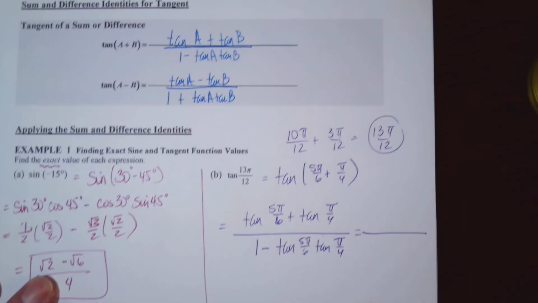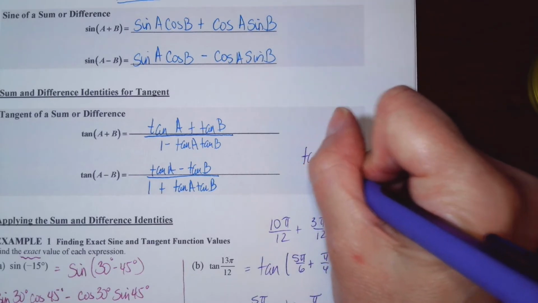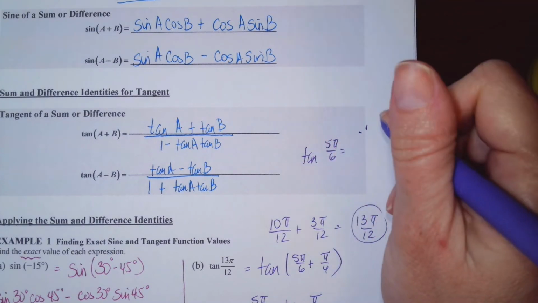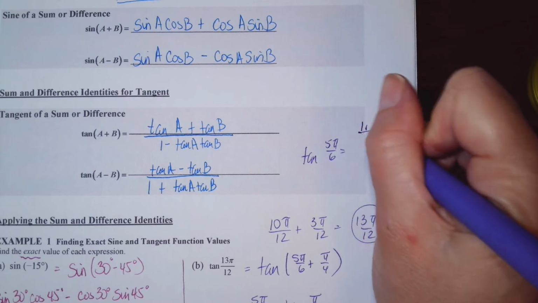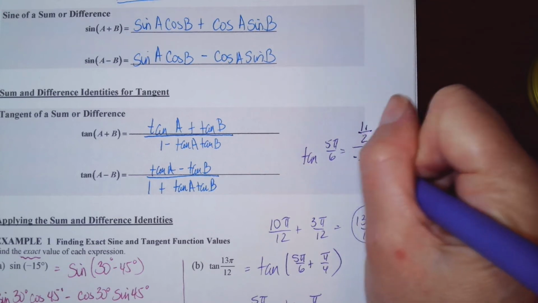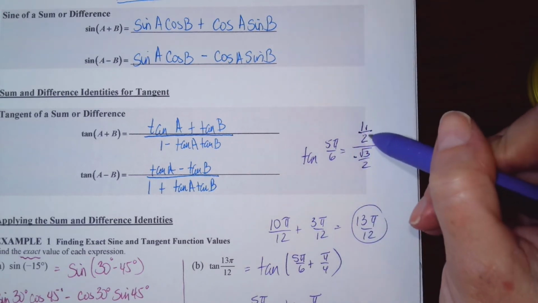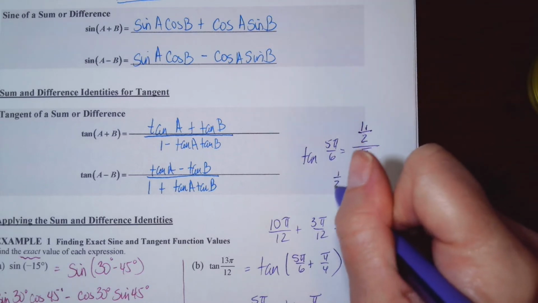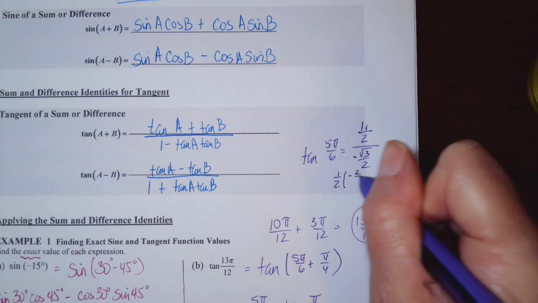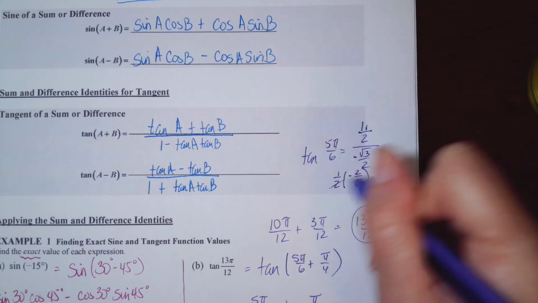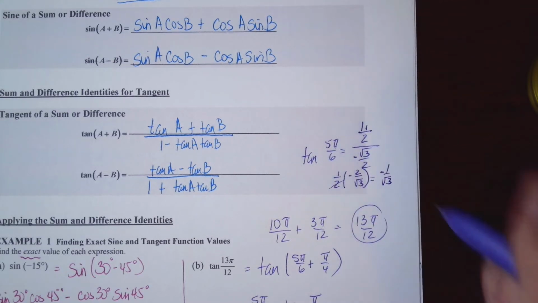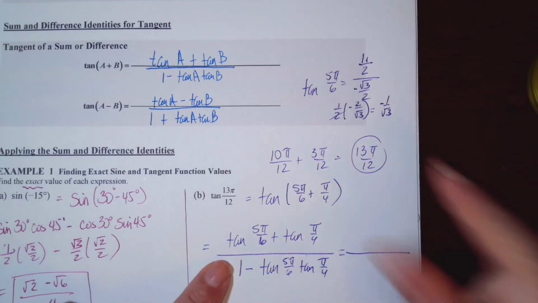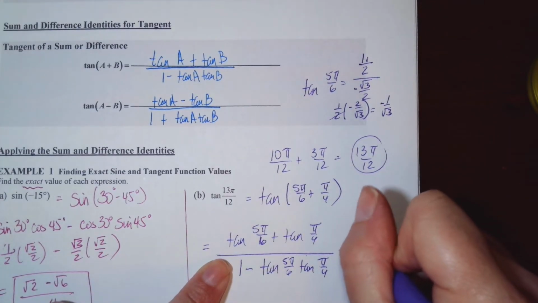If you need to see that, tangent of 5 pi 6 is positive 1/2. Good grief. Got my negative in the wrong spot. Positive 1/2 over a negative square root 3 over 2. Remember that we said that those denominators would cancel because when you multiply by the reciprocal, this would be 1/2 times negative 2 over square root 3. Cancels, and I get a negative 1 over square root 3, and I have to rationalize. So this tangent of 5 pi 6 becomes a negative square root 3 over 3